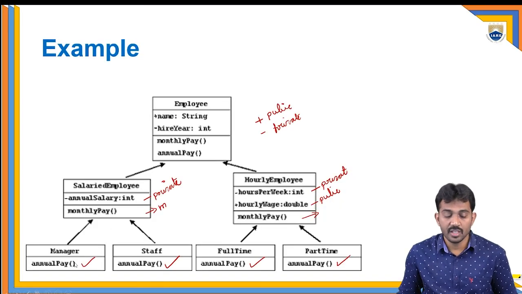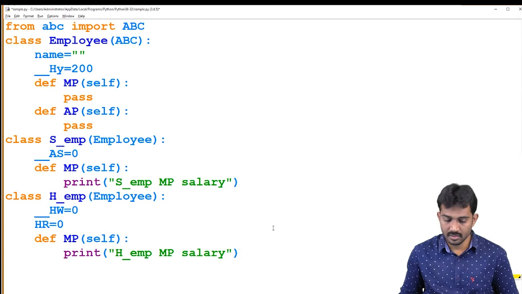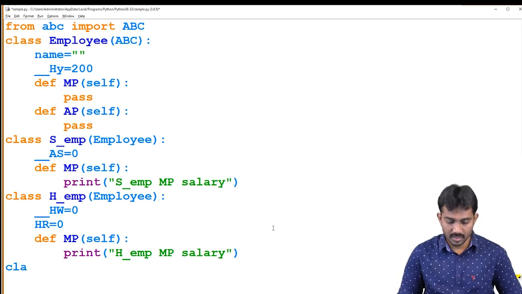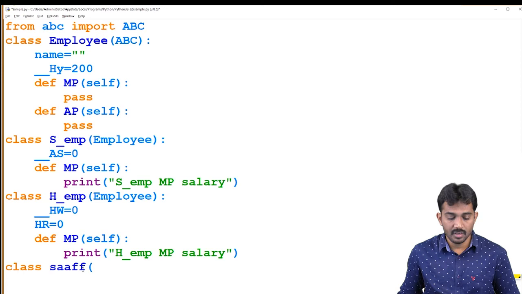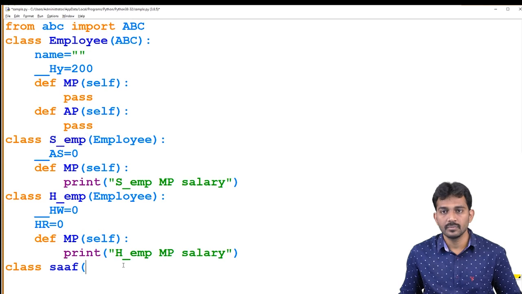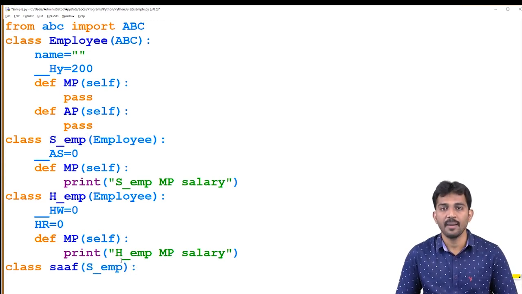Next, manager and staff. These two are derived classes of salaried employee, right? Class of staff, right? It is derived from salaried employee. Salaried employee.